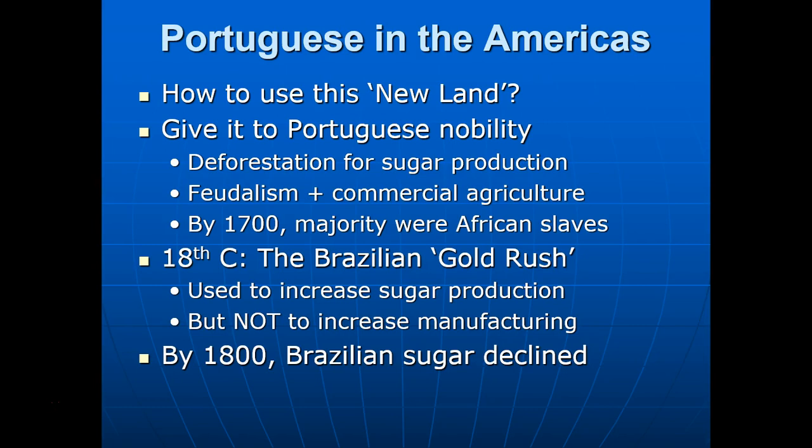So by 1800, then, the price of Brazilian sugar is declining. Brazil for a century is just dominating sugar production throughout the world. But over time, increasingly, other empires, as we'll see, are growing sugar in the Caribbean and doing so much more profitably. But if you look at the larger economics of it, and it's kind of a shameful thing to do,